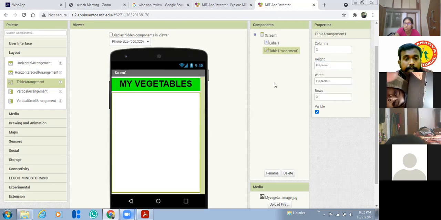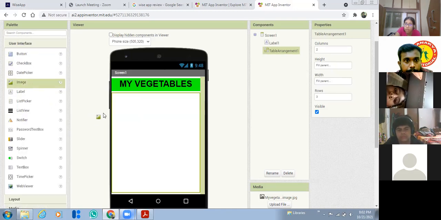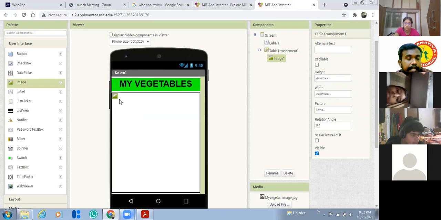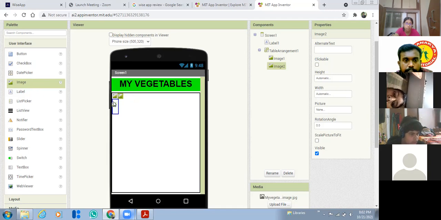Now I'm going to add the images. Just take one image. If you add one image, it will show you the blue color grid lines. Just add that image inside those grid lines. The first image, second image, third one. You can see the blue color box, right? Inside the blue color box only you have to add the third, fourth, fifth and sixth. Don't do it, first listen. Now I added 6 images.